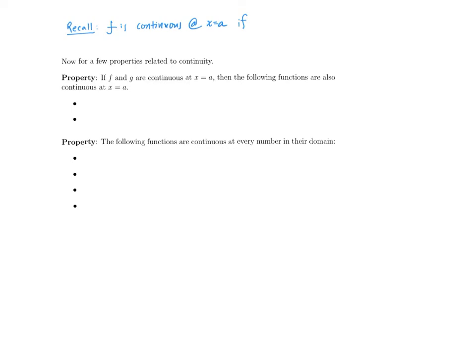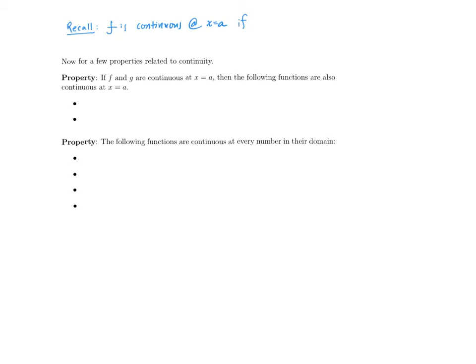Good day and welcome back to the second installment of our discussion on continuity. In the previous video, we introduced the concept of what it means for a function to be continuous at a point, and then we investigated the consequences of that definition from both a graphical and an analytic perspective with a few concrete examples. In this video, I'd like to step it back to the big picture perspective and think about how we can combine continuous functions to form more continuous functions,